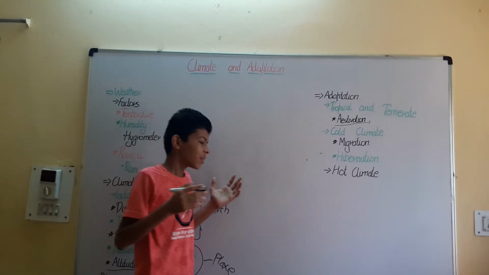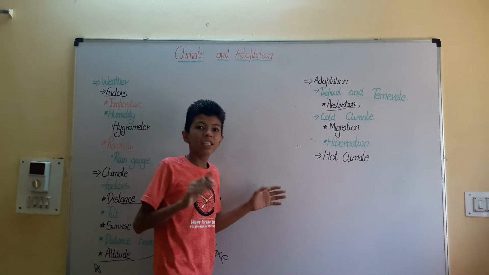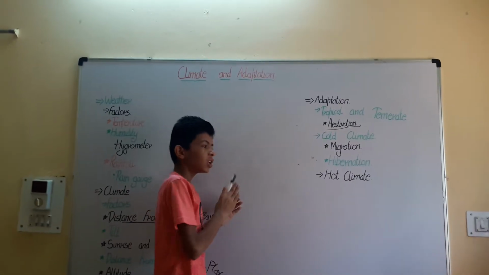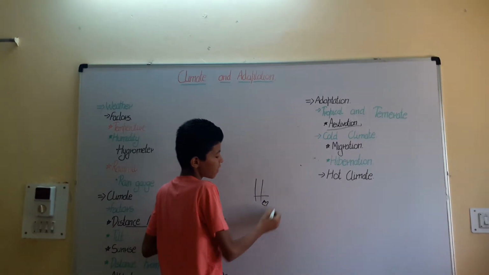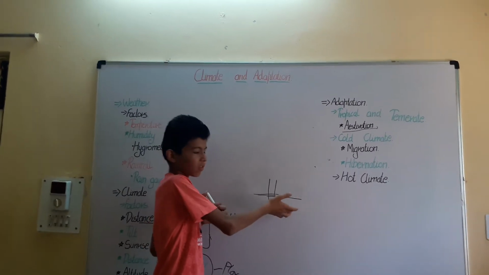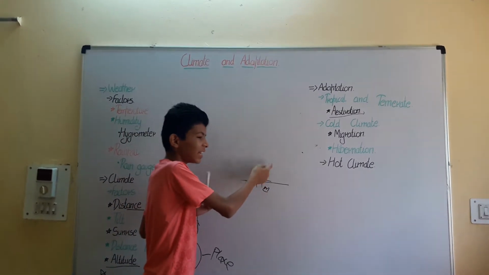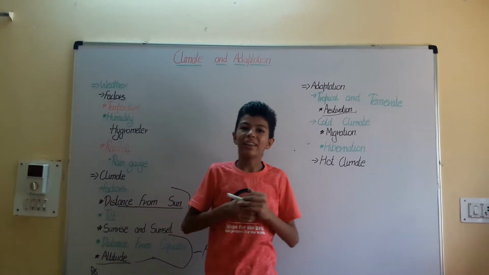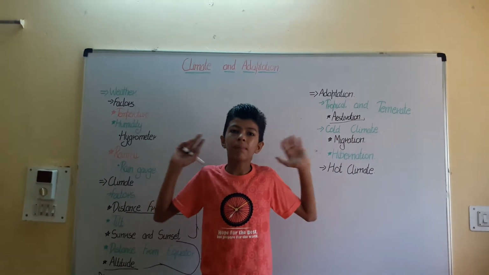So what happens is the frogs have sticky feet with which they can climb up the tree. Because the frog lives on the forest floor, when the water rises up, what will happen? The frog has to go to a higher place, so it sticks its feet and goes up. Then we see elephants. Elephants are also found there. They have long ears